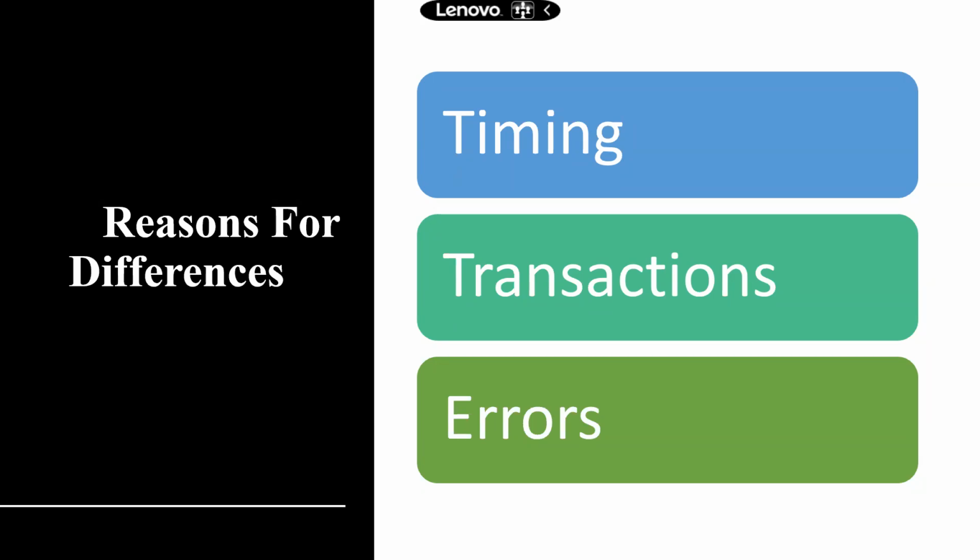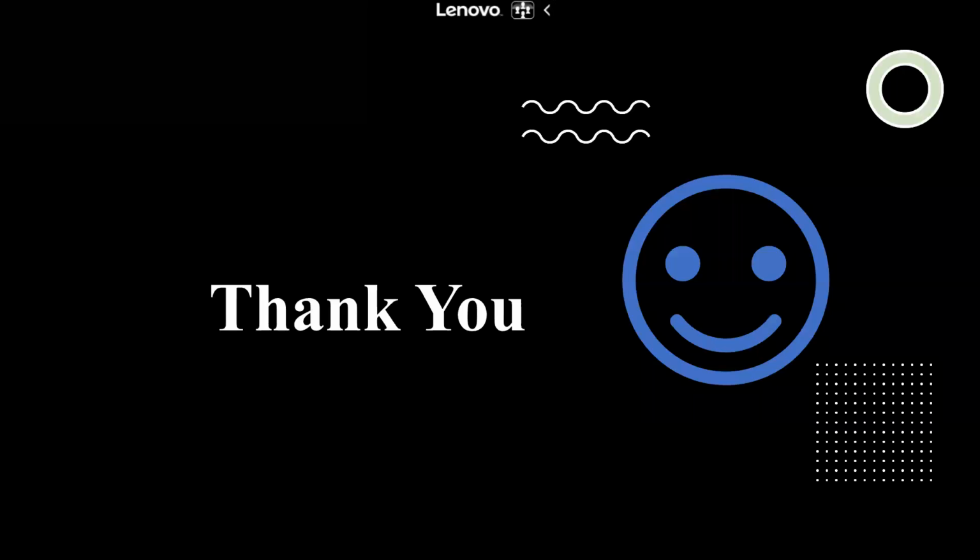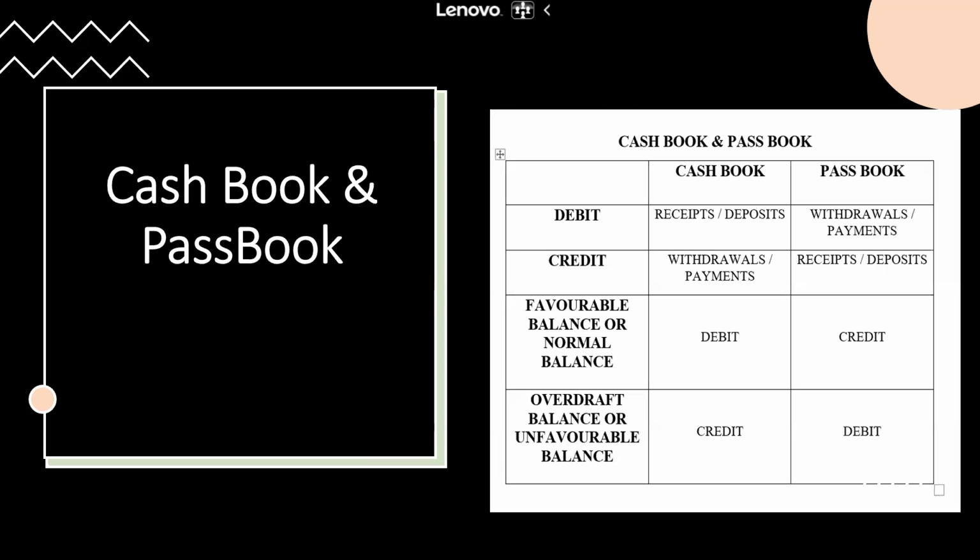So is the concept of BRS clear to everyone? Yes, ma'am. So you need to remember the picture of your cash book and your passbook, right? This picture should always be in your mind. Normal balance of cash book is debit, overdraft is credit, and it is exactly opposite in the case of passbook, right? So now we will have to see what are the exact reasons for the differences in these two books and how should we prepare the BRS. There is a process of preparing this BRS. So we need to look into the details of understanding the process of preparing the BRS.